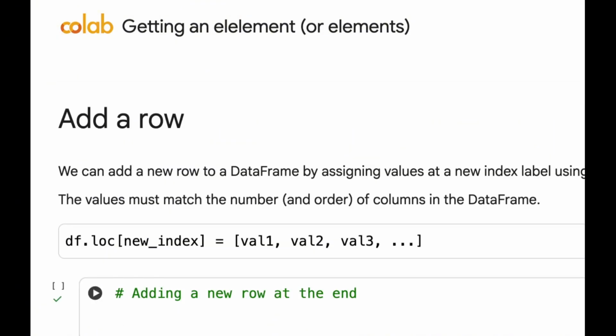Perhaps let's do one more thing before we have today's first break. Okay? Now we talked about how to add columns, how to drop columns. This time let's see how we can add a row, right? So it's actually quite simple, right? Because we do know how to retrieve a row based on index. So we can just set a new index and assign values to this new index. For this data frame, we have 3 columns, so you just assign 3 values corresponding to the 3 columns